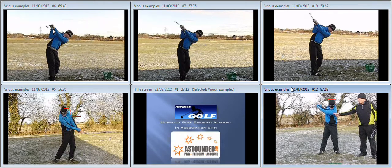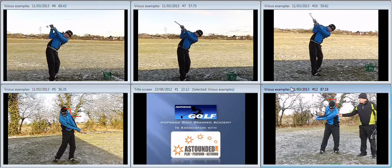So the feeling is to get the left shoulder to stay down in the transition, which helps you with your linear and starts to tighten up P6. So if we look at the difference at P5 between the two, the key thought is in the transition from P4 to P5, keep the left shoulder down,